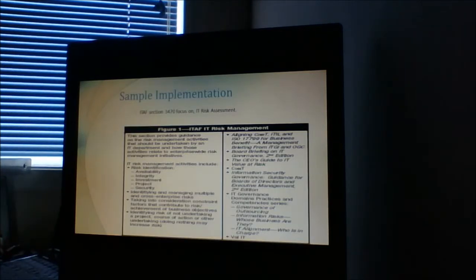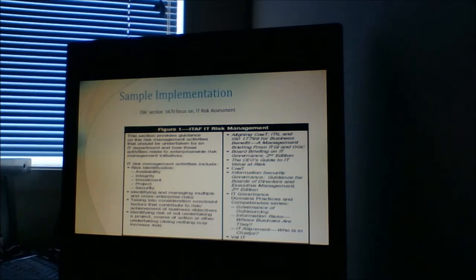So now I am going to talk about a sample implementation of ITAF. This is ITAF section 3470, which is focused on IT risk assessment. I already talked about the different sections in the ITAF. The third section, that is 3000, includes topics such as IT assurance guidance, enterprise topics, IT management process, IT audit and assurance process, and IT audit and assurance management.